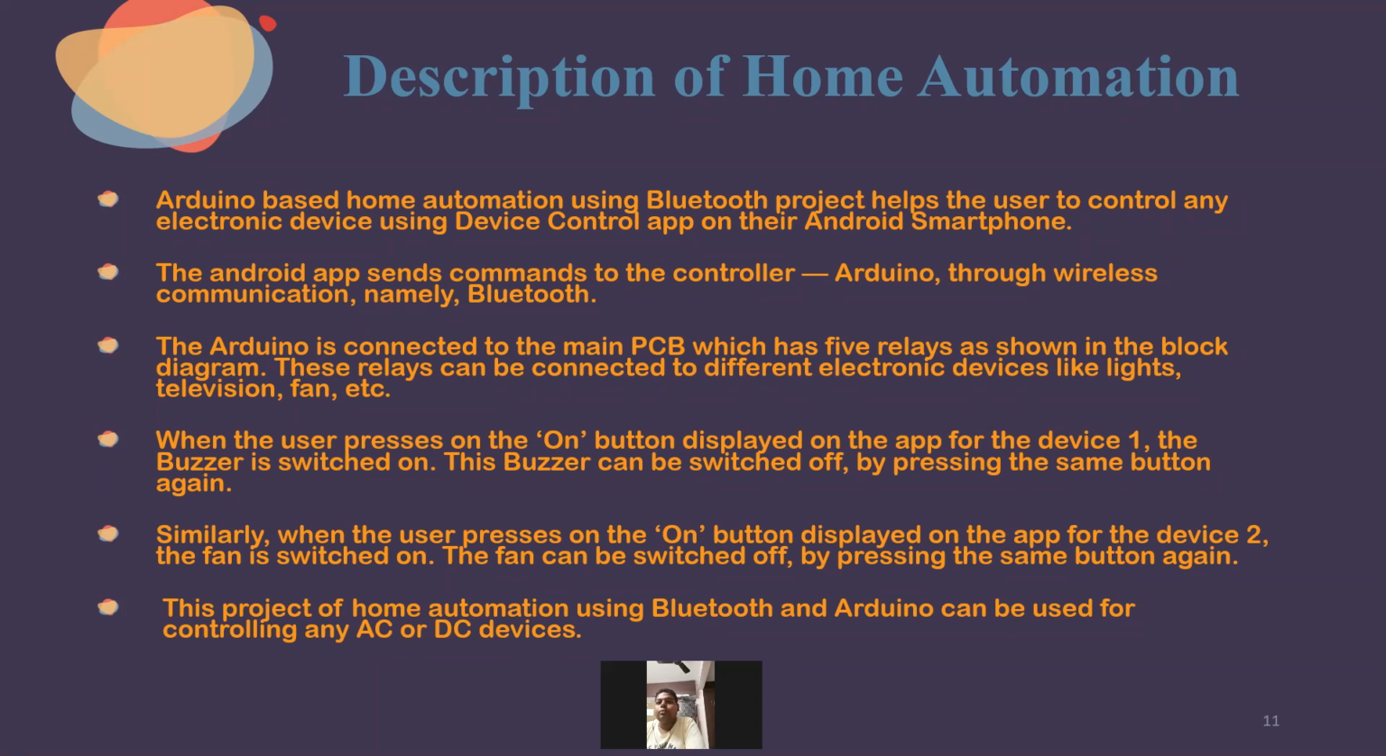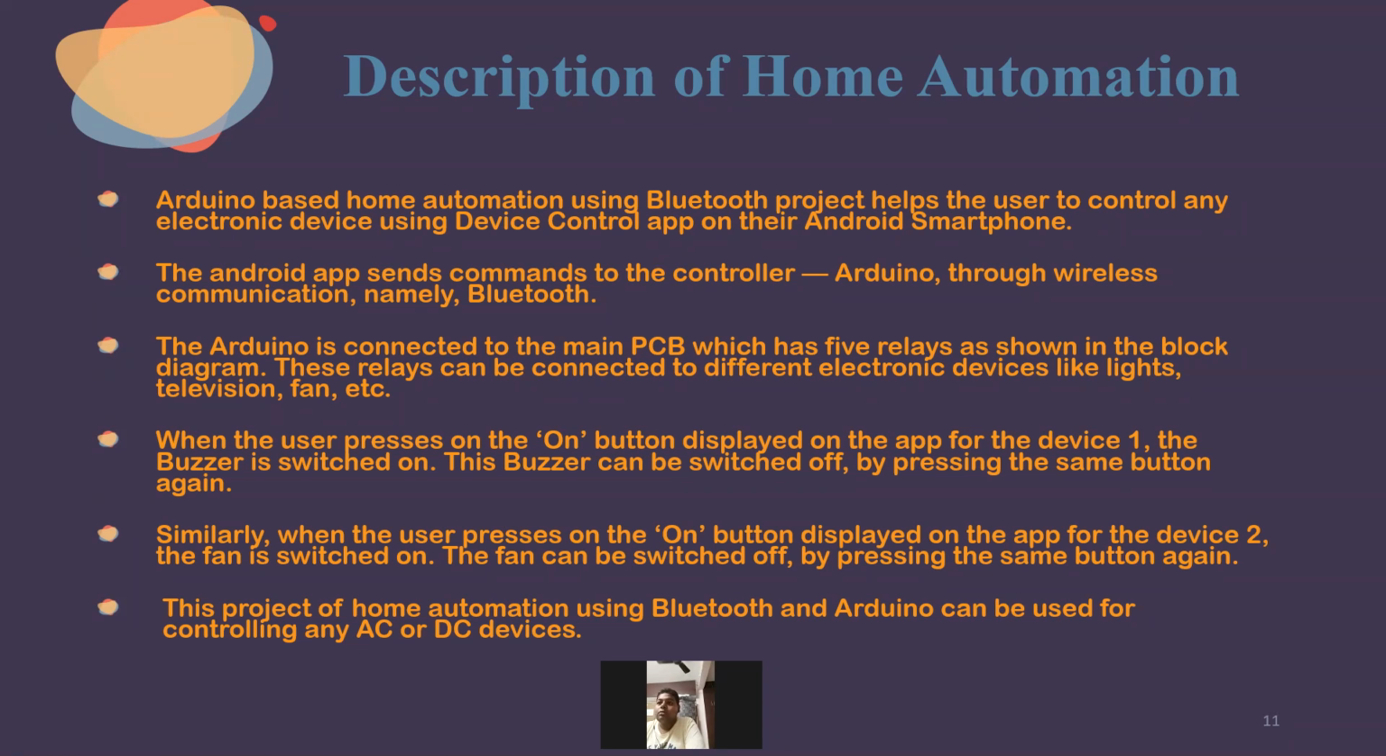I would like to continue with the description of home automation. Arduino-based home automation using Bluetooth helps the user to control any electronic device using Android. The Android app sends commands to the Bluetooth module and the Arduino, which is then further sent to the relay module, which is then given to the device to control its on-off system. When the user presses the on button displayed on the app, the device is switched on or off